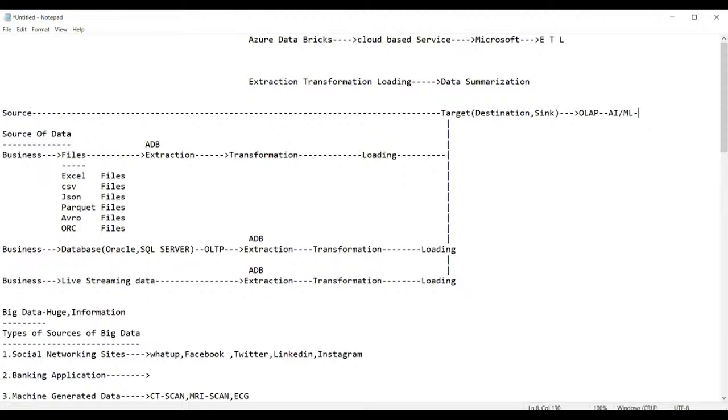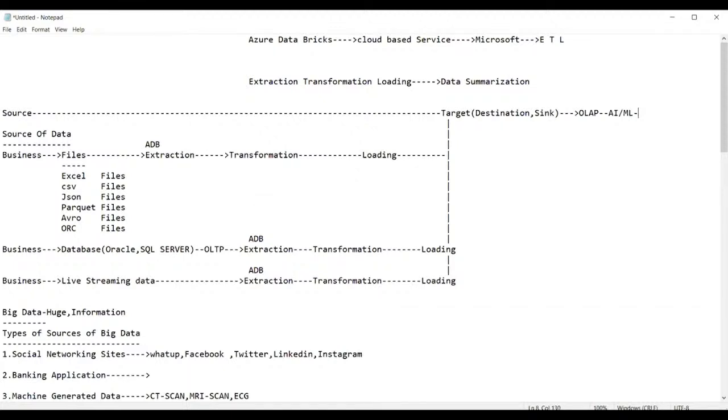Sir, I just wanted to know, are ADF and ADB enough to crack a job in the current market scenario? More than enough. In this particular course, we are covering Synapse, integration with Snowflake, and integration with Amazon Web Services, along with various other things. So you will not have anything that you need to do beyond this. You can do it very well.